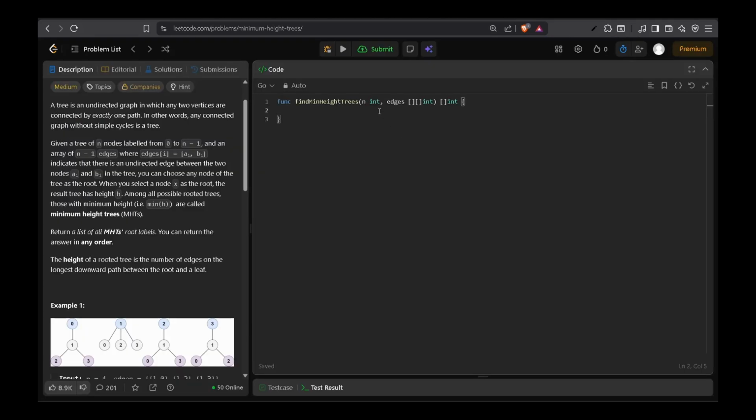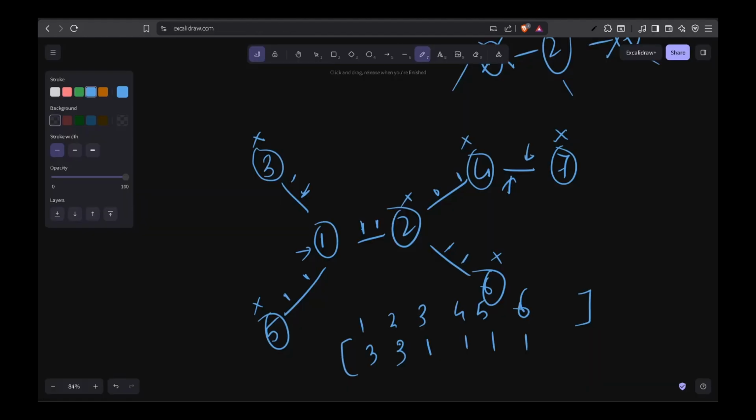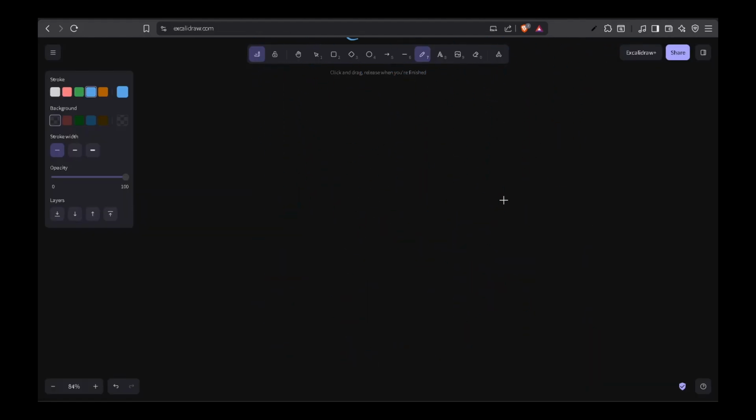So for this to work, we'll have to first make a graph, right? And we'll call the array that will keep track of the connections called indegree, right? Make array of int. Now how will we make this graph? Basically, the graph would be something like, it will be an array of numbers. So basically 1 would be